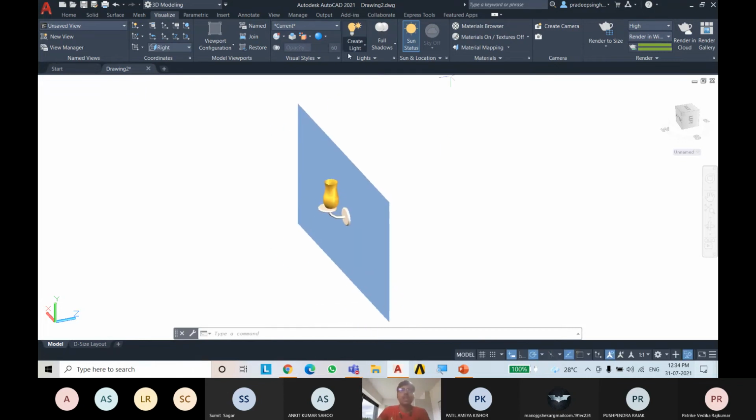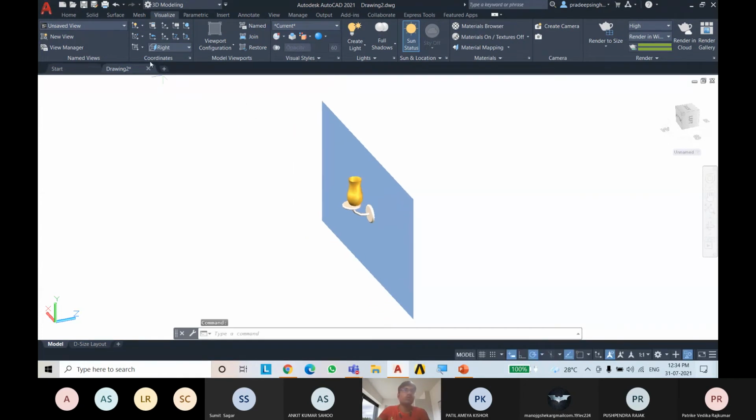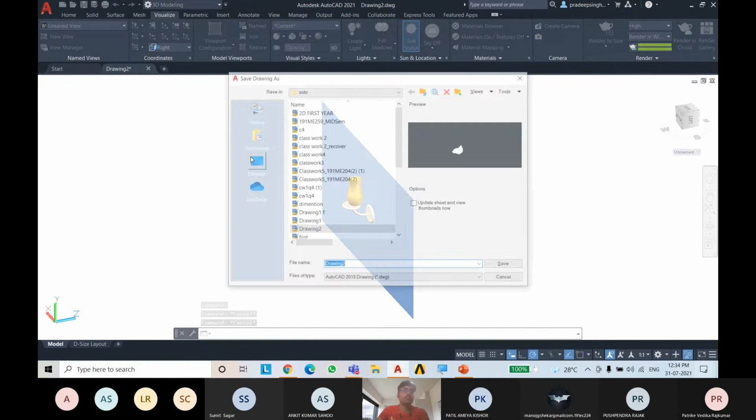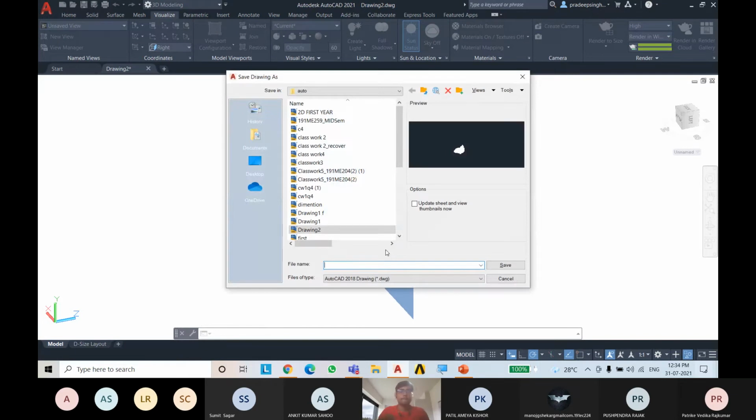Now I will be exploring these lights and sun and location in a different drawing. So now just turn this off. You can save this, type in lamp.